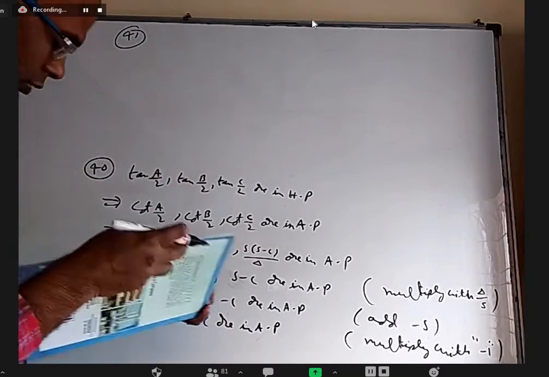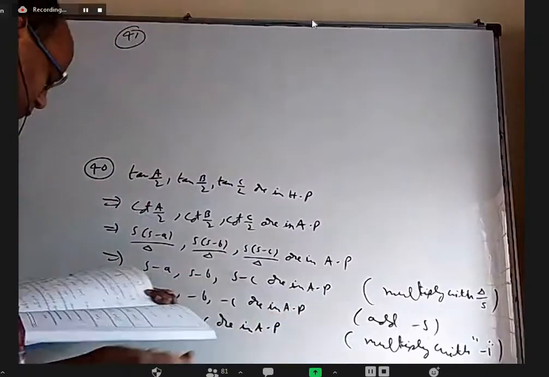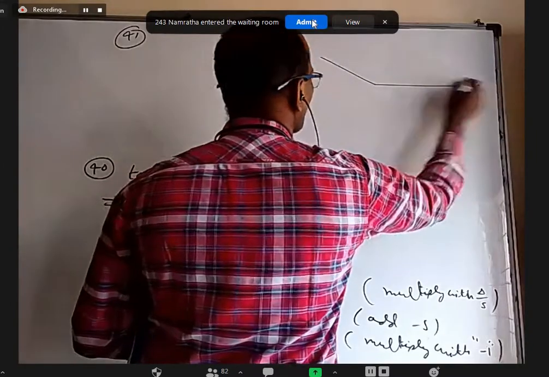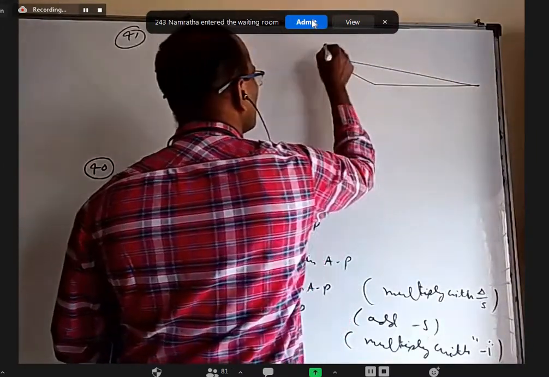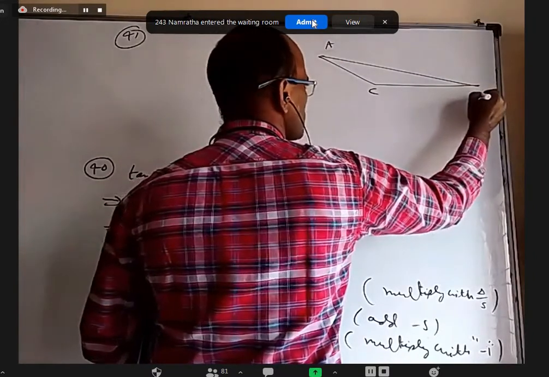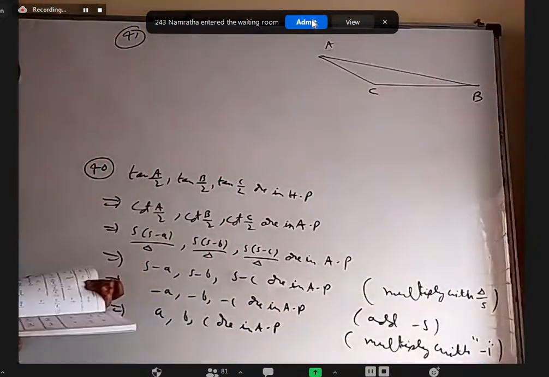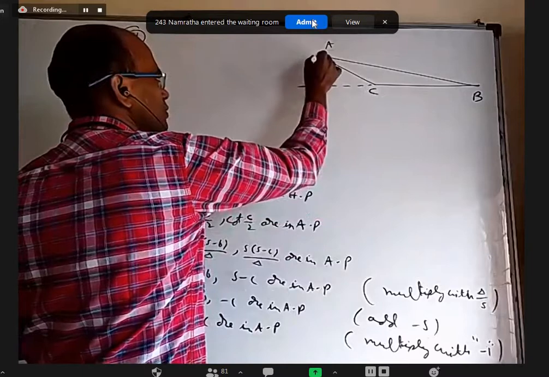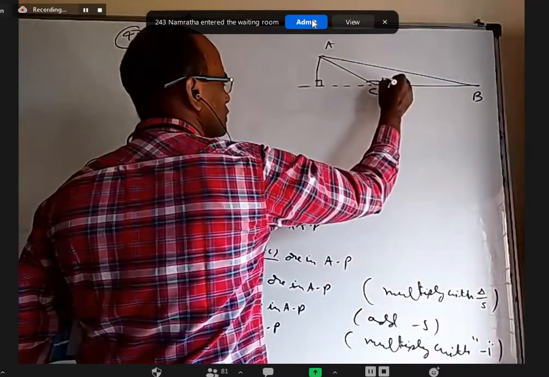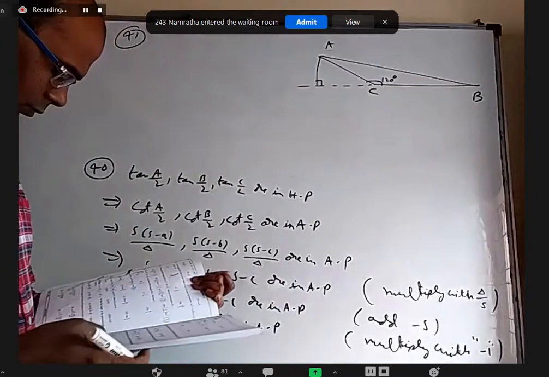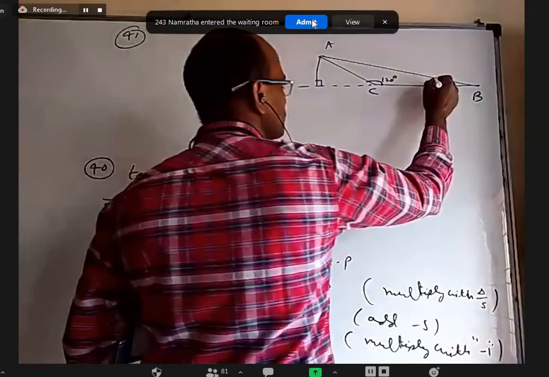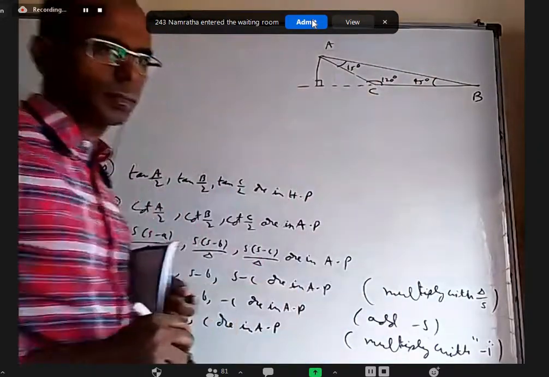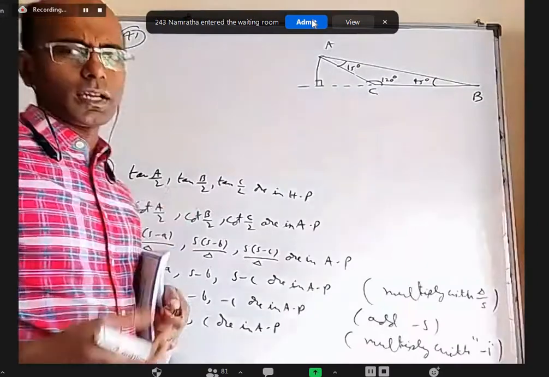Okay, 41, they wanted to find the height and it happened to be an obtuse angle triangle. So, fine. Let's say this is A, this is C, and this is B. I need to extend this to get the height because this is 120 degrees. B is 45, and this is 15 degrees. If you don't draw the exact triangle, also not a problem.